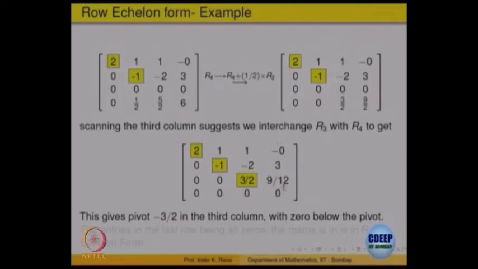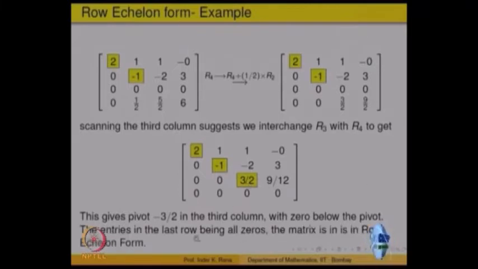Next, we do not have to go to the next column at all now, right, because we have gotten the pivots 2, -1, 3 by 2. This will not make it a pivot. Even if you look at the last column, this will not be a pivot, because the first non-zero entry in that row has already come. Okay. So, the operation is over.